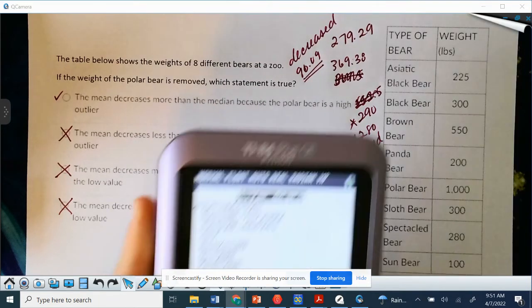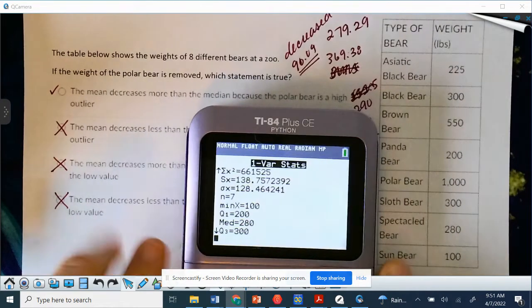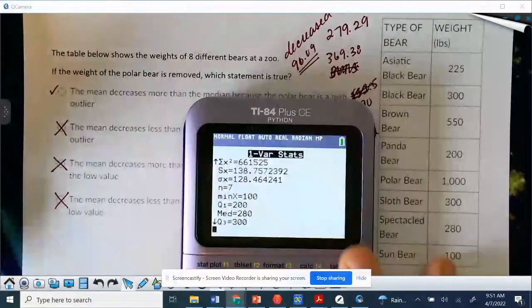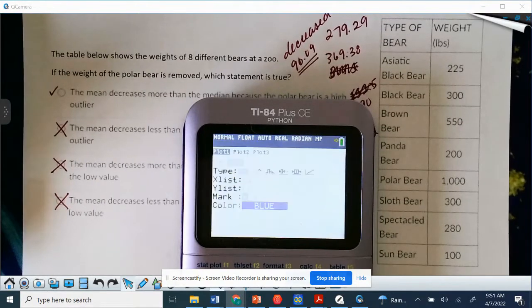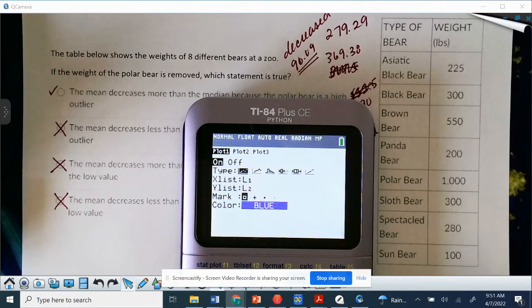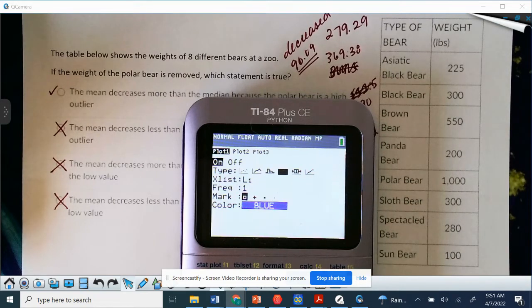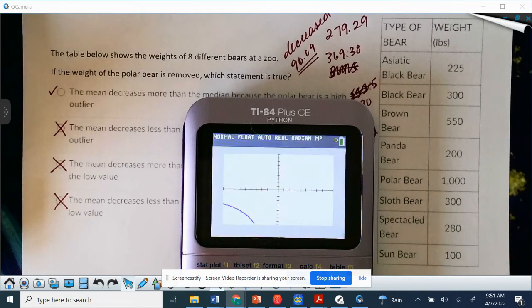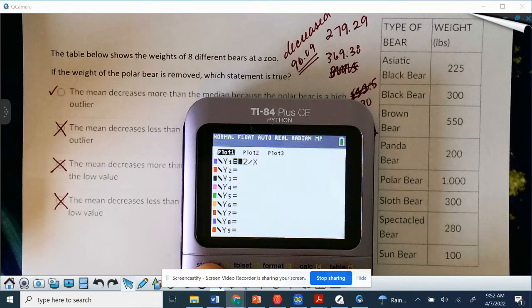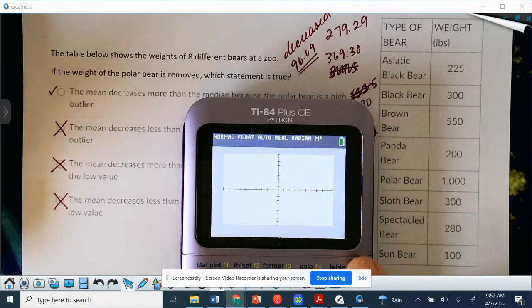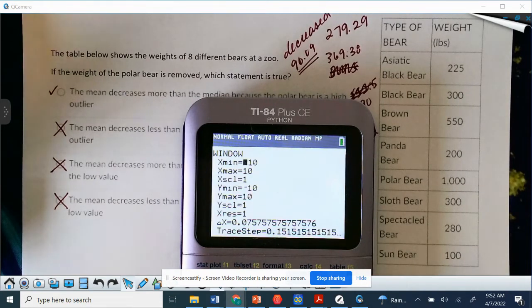The other way we could look at it too, just for future notice, you can second stat plot, turn our plot on. If we go to this box and whisker that has dots, watch this, show me that we're all wrong. Hold on, I gotta get rid of some math 3 stuff. Our X values are fine. We need to change our Y values, so go to our window, and our Y minimum we got 100, so I'm gonna put 50. And our Y max,